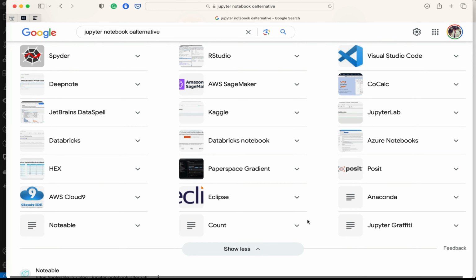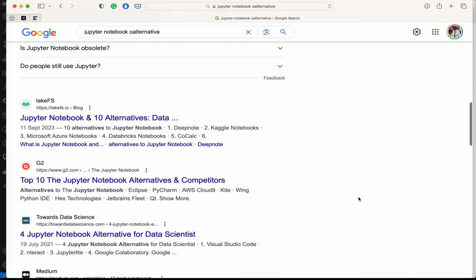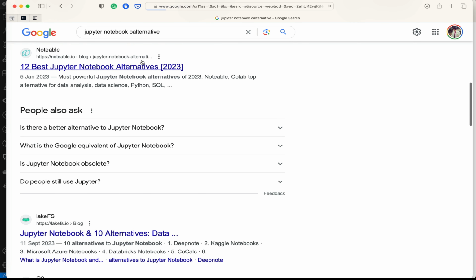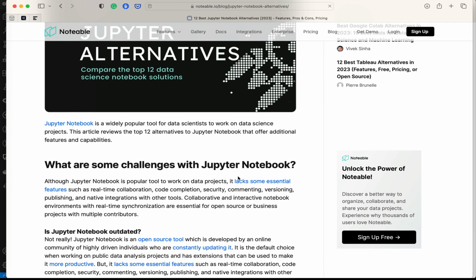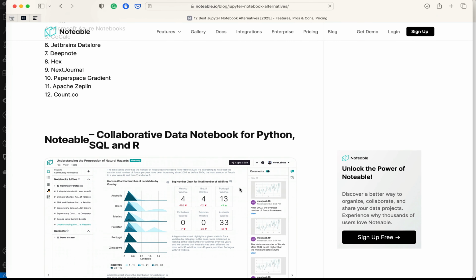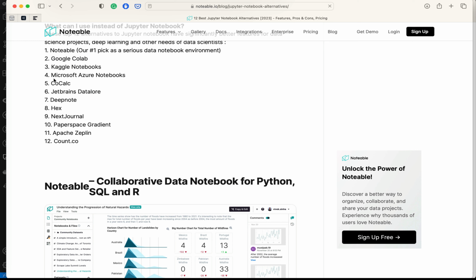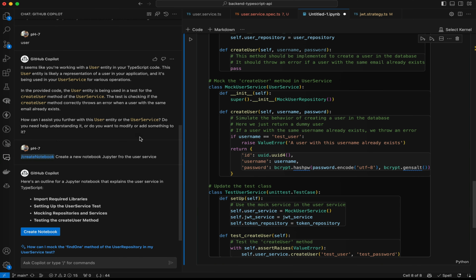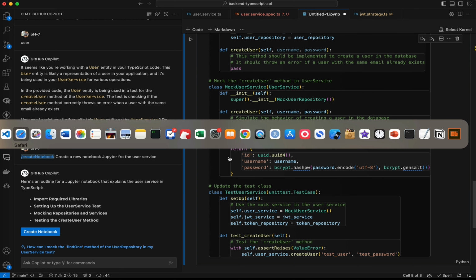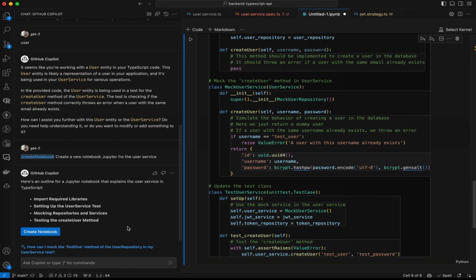That's the other ones. 12 best Copilot alternatives. See, Code Lab, CodeCalc, Hex. Anyways, that's just to give you an example here with a notebook of everything you can do